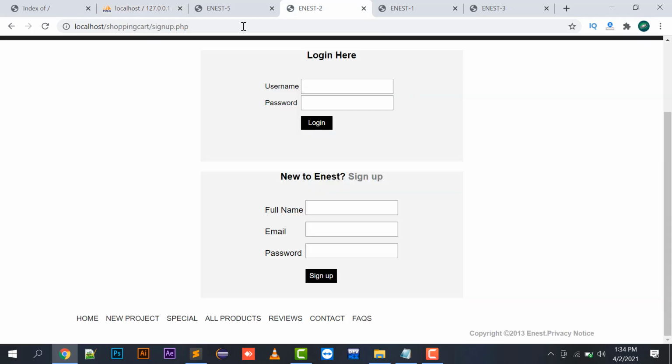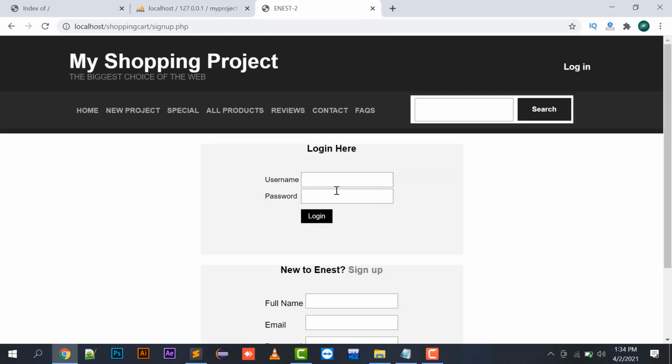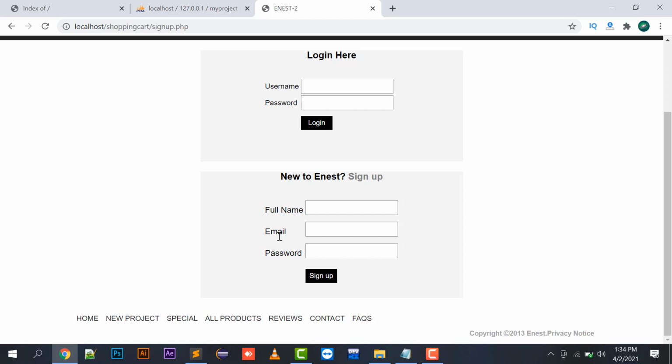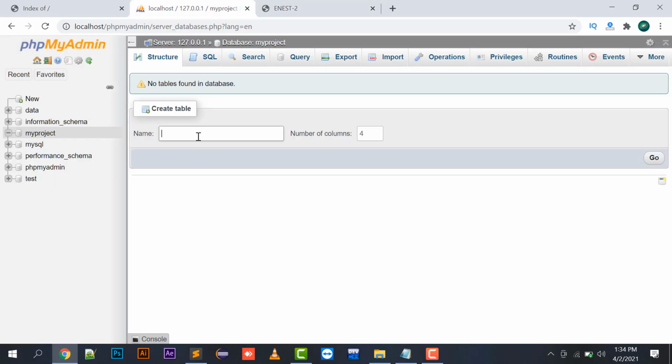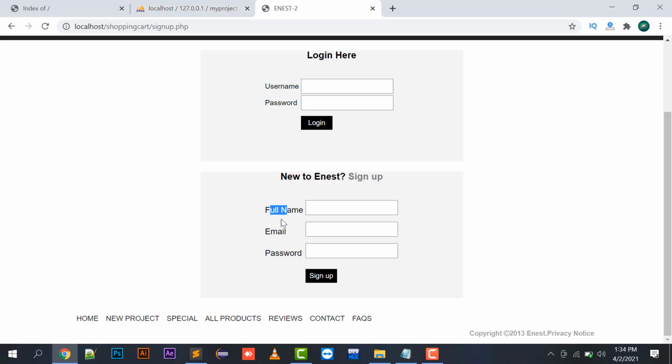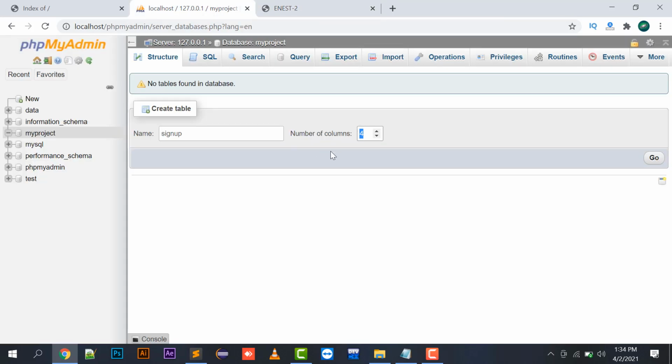And now, first of all, I will create a sign up form over here. The sign up form has three fields: the full name, email, and password. I will create a table called sign up. We have three fields: full name, email, and password, but we will make four columns because